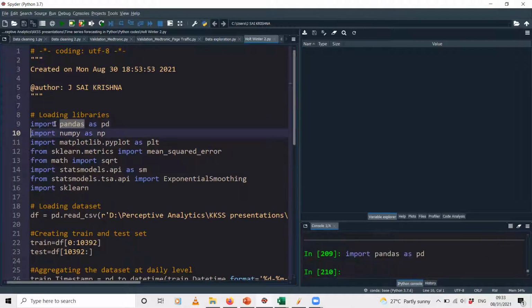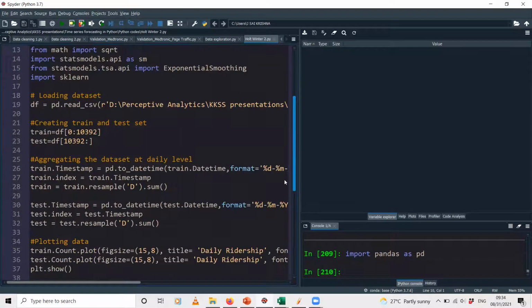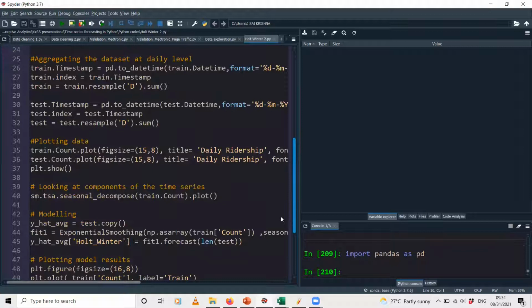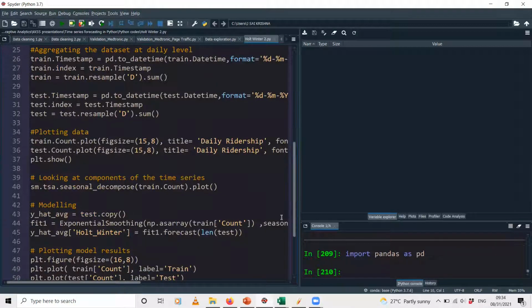Okay, and then the next library that we'll be loading is what we call the NumPy library. This NumPy library is used to perform certain array type operations. So to make that time series model, that model does not take in a data frame column directly.